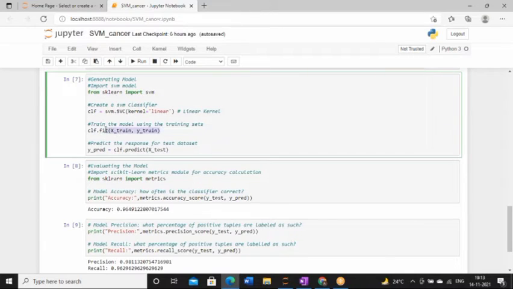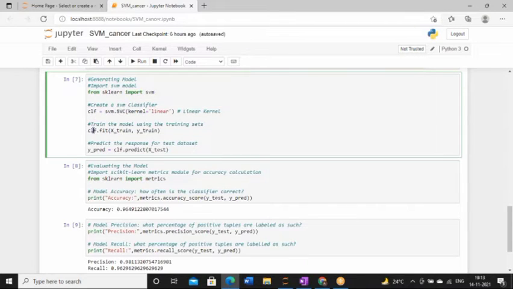This is the fit function I am using, and see, this fit function is invoked on the variable clf. So what is clf? clf is the variable which is holding the created SVM classifier. At this line, I have created the model, generated with the linear kernel, and clf is holding this one.